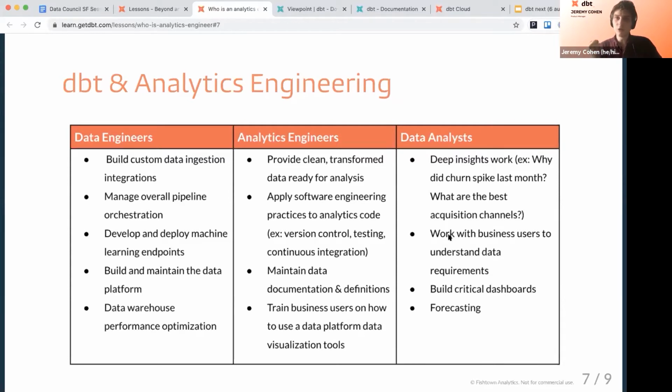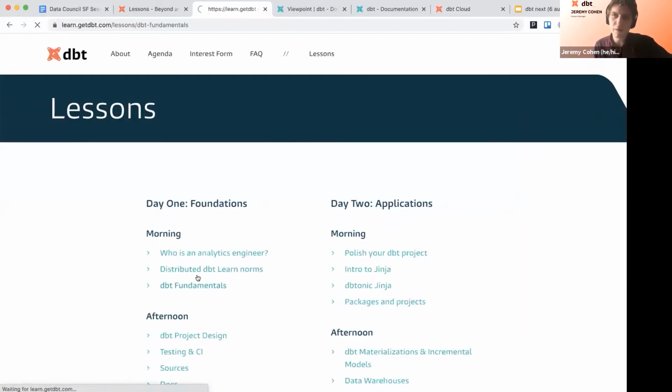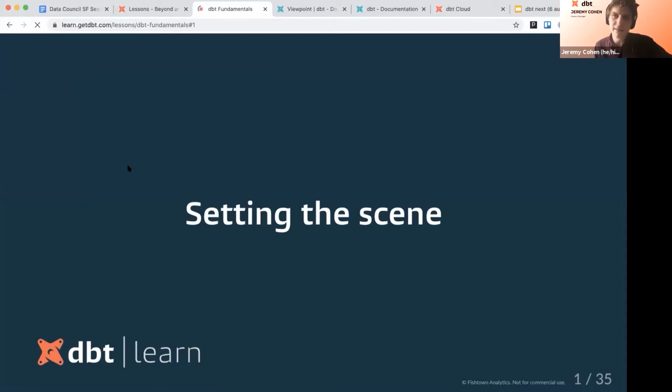So someone who sits in between the work of the people who partner closely with members of the business and people who sit a little further back in the office, maybe doing important work around infrastructure provisioning and building custom ingestion. Let's talk a little bit about the fundamentals of DBT, and let's do it using an example that you all can do on your own computers with your own BigQuery accounts, if you'd like, your own DBT Cloud developer accounts.